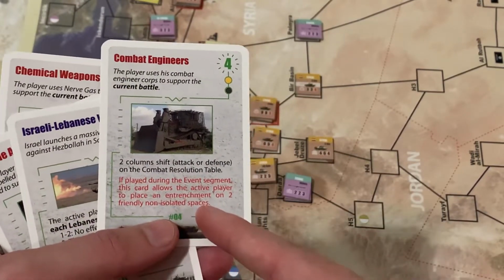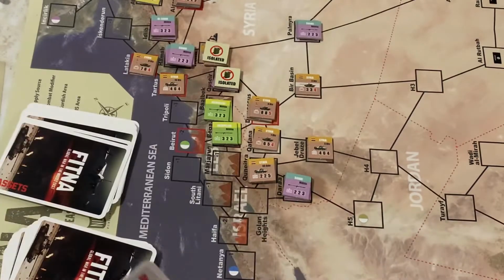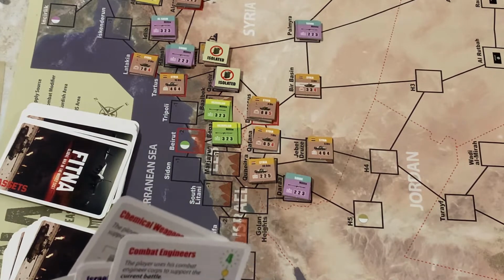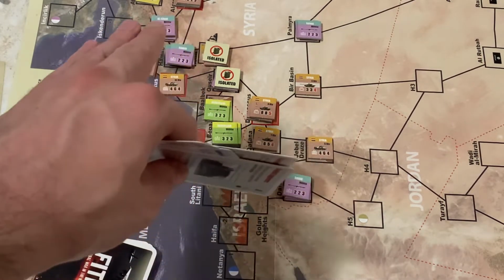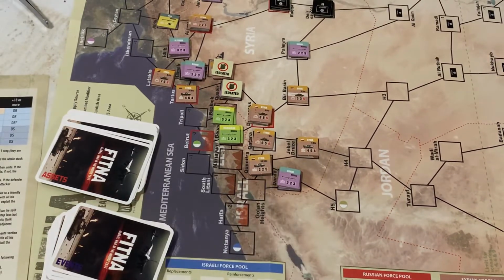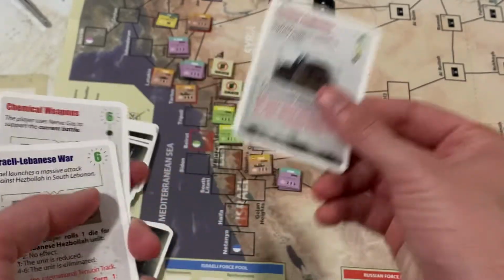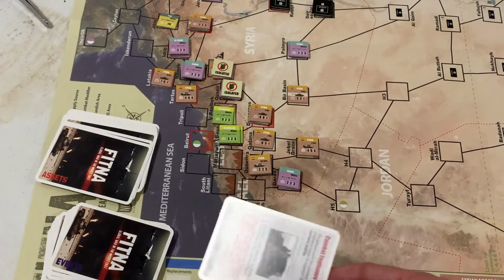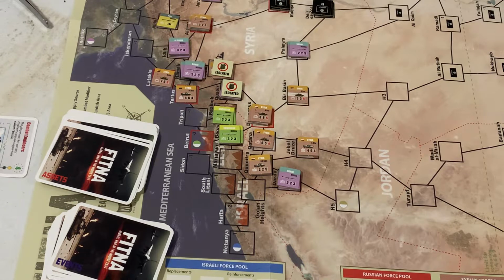and get an entrenchment? I feel like it might be useful to entrench at least a couple spaces here. Maybe Aleppo up here. Maybe Damascus. I think let's do that. We'll use this event. So we'll make a kind of a discard pile somewhere over here. We'll use that event, and we will put